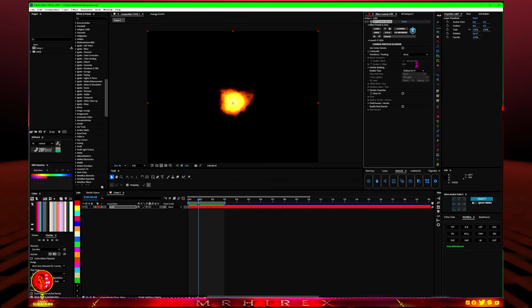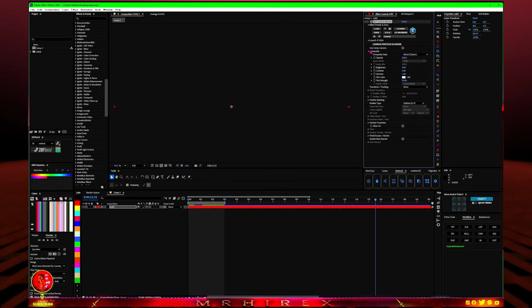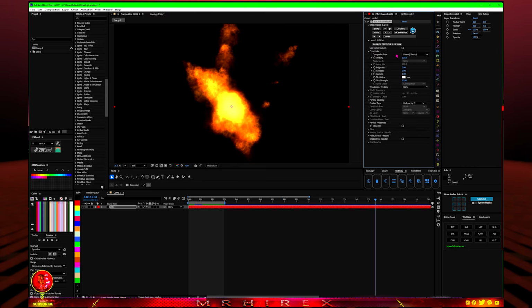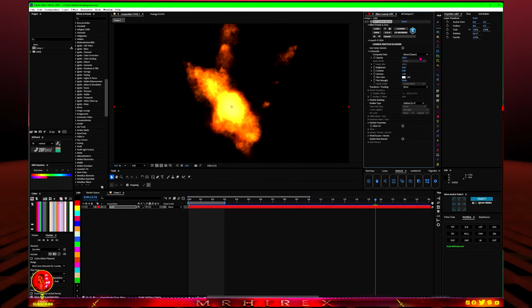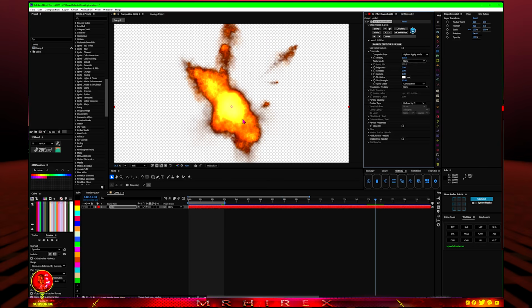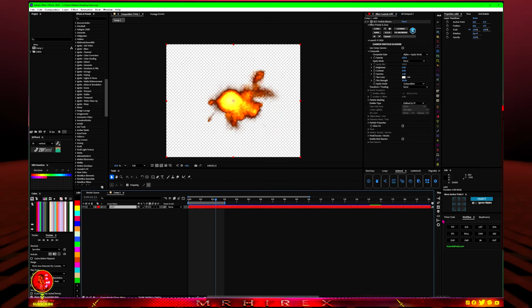Now what you have to do is go to your Particle Illusion, go to the composite and change it from direct to alpha plus alpha mode. Hit apply, so you will get a transparent background. If I change it to direct or classic, you can see we have a black background. If you don't want that, just go to alpha plus alpha mode and you're going to have this. Recompose this